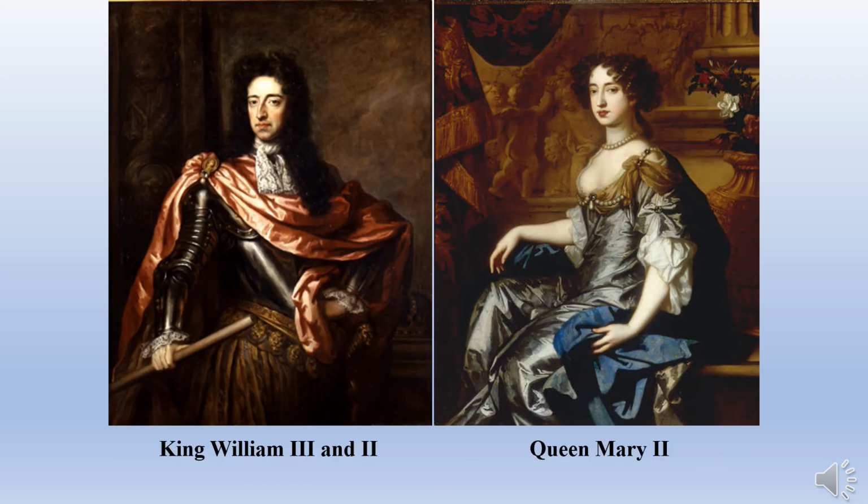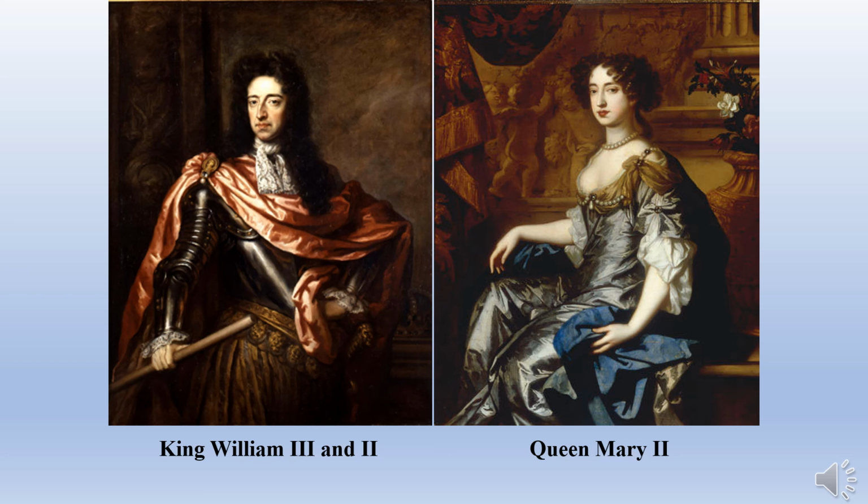So now what we have is King William III of England and second of the Netherlands, because as he is king of England at this time, he also elevates the Netherlands to a kingdom for a period of time. His wife will now be Queen Mary II. William III will be king from 1689 to 1702, and Queen Mary II will be queen from 1689 to 1694. These two are first cousins.